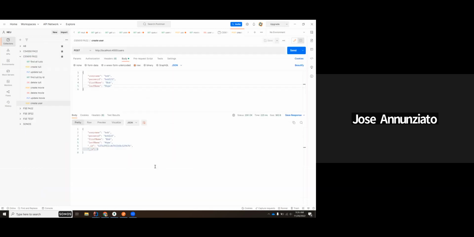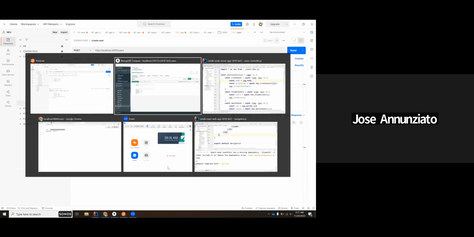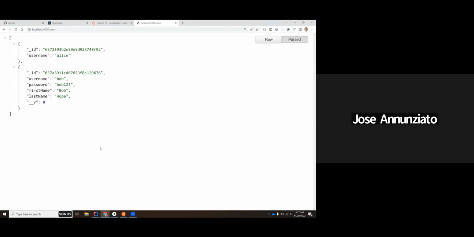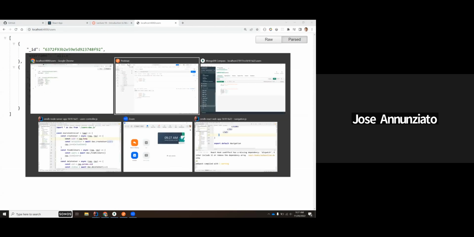We can insert a few. But instead of doing that, let's head over to the browser, to the React application, and see if we can just play around with these two endpoints, right? The post for creating a new user, and the get, to retrieve all the users. So let's do that. Okay, so back in the React application,